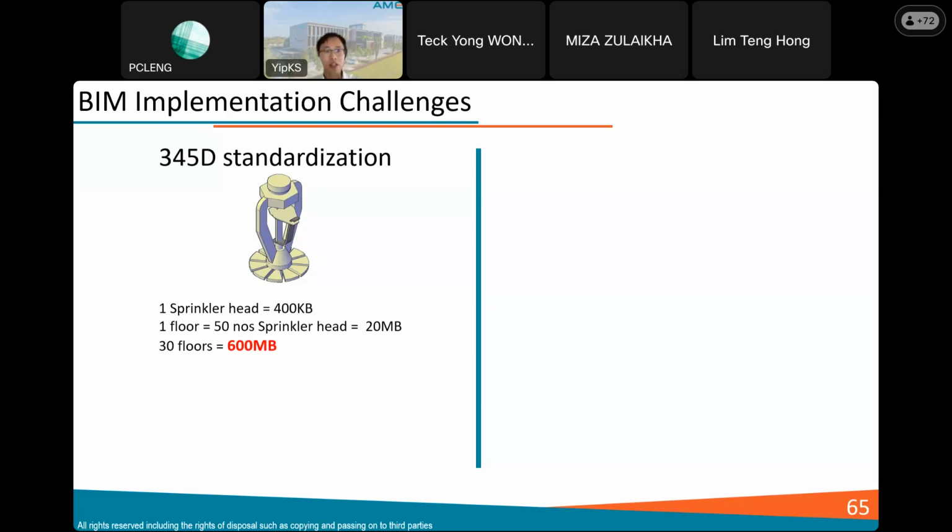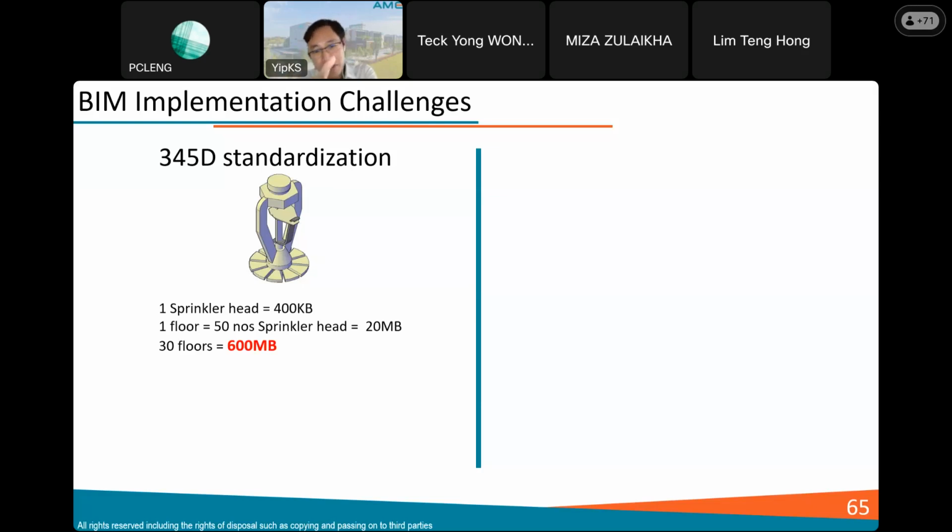So if we have 600 megabyte files, and then we put all this in, adding in architectural models, structural models, it crashes everything. So after that, we zoomed in, we found out that the M&E team,